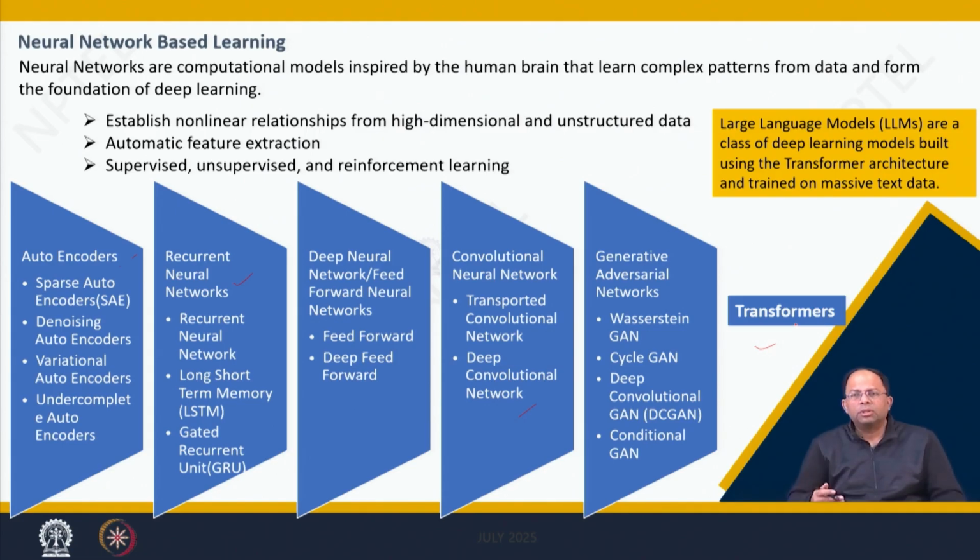And large language models, like you already know Perplexity, ChatGPT, and all these different models, also are a class of deep learning models. But of course, when the model is built, it utilizes different types of approaches all combined together. But we can say it's a class of deep learning models, built using the transformer architecture, and it is trained on massive data, so that when the model is trained, it has billions or millions of parameters, and it will be able to predict whatever needs to be generated in the form of text. After a particular word ends, you can generate the next word, or it can make sense of the context and generate the entire sentence or even the entire paragraph as well.